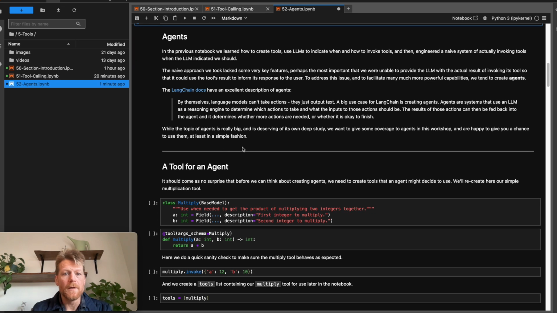Okay, so let's talk about agents. In the previous notebook, we learned how to create tools and to use LLMs to indicate when and how to invoke tools. And then we engineered a very naive system of actually invoking tools when and how the LLM indicated that we should. This naive approach really lacked some key features, and perhaps the most important was that we were unable to provide the large language model, at least given how we approached the issue, with the actual result of invoking its tool,